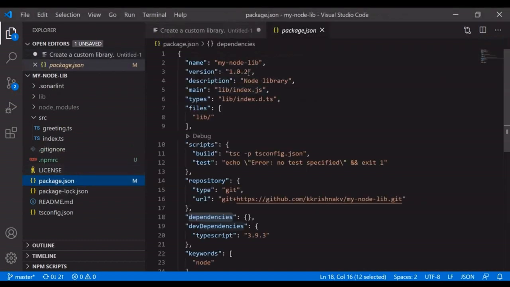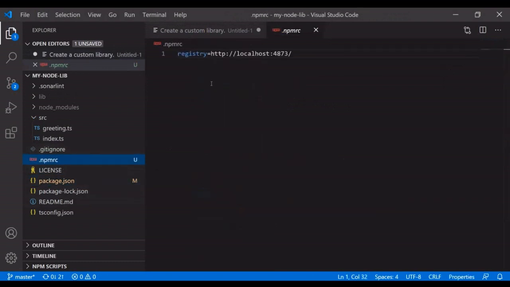Here we are adding the package name, package version, and the dependencies. I am using only TypeScript. Let's add the .npmrc file for the configuration. Here I am adding the registry http://localhost:4873. With this configuration for the registry, when you publish the folder, it will publish to our local repository instead of npm. If you are not adding this .npmrc file, it will publish into the public repository, which is npmjs.org.